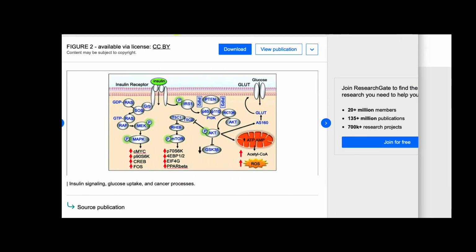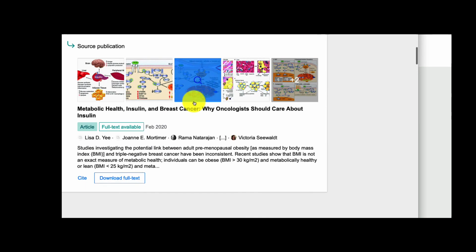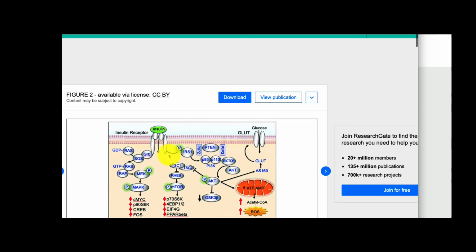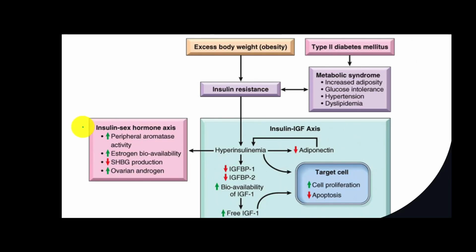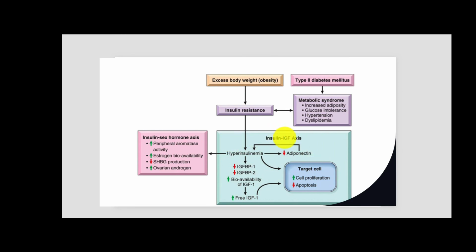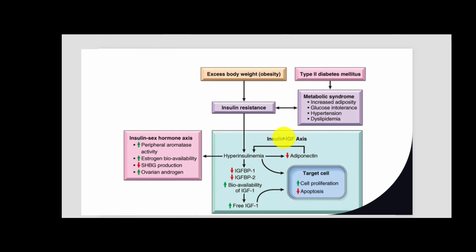So if you guys want to talk about insulin resistance, you have to be willing to walk me through this. And any paper that you look at will give you an example of what is happening here, but you need to explain that to me. Okay, and then here is my last example. This is the IGF axis. This would be another example of how diabetes changes. This is IGF, which is insulin growth factor. This is another hormone, and you can talk about how IGF changes with the development of obesity. I'm just giving you guys examples. All right, you make this your own.